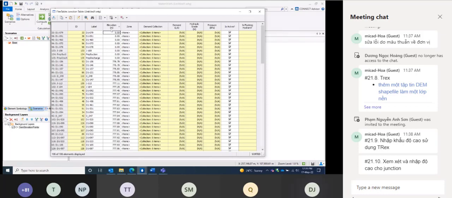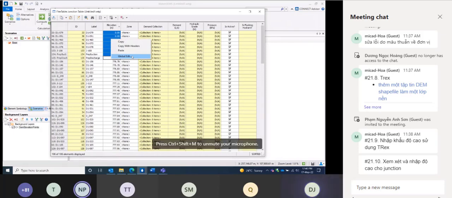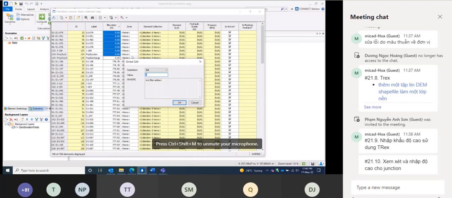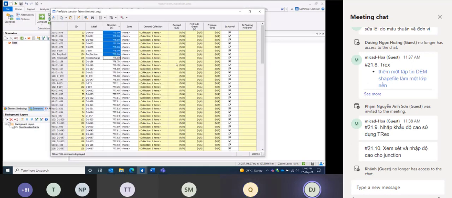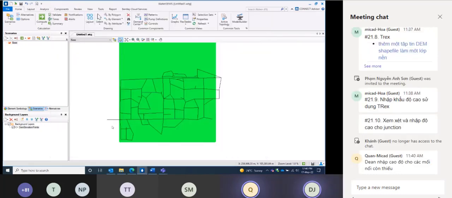So for all of the ones that don't have an elevation here, I'm just going to highlight them. Right click, global edit. Set them all to 775. Okay, so if you close that down, and now we want to zoom in on this area down here,